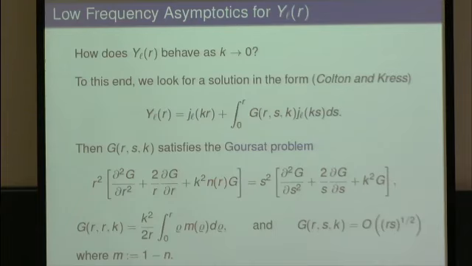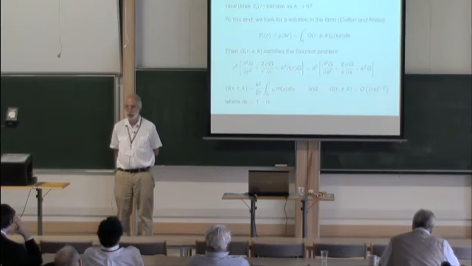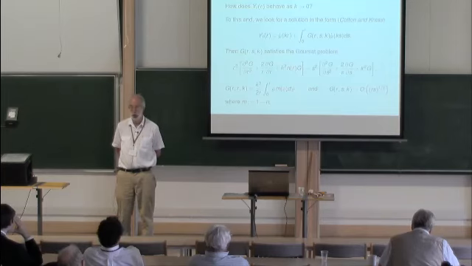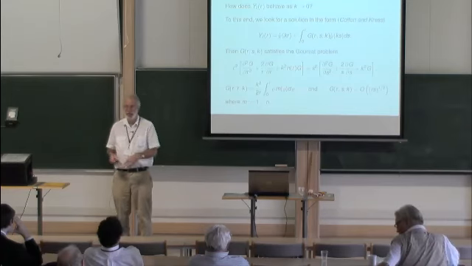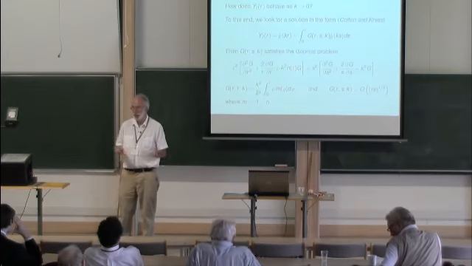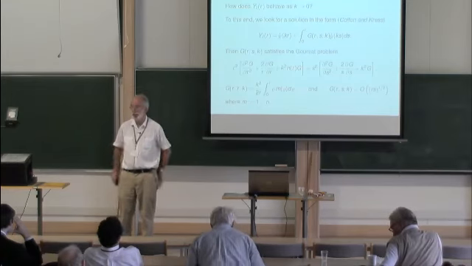To do this, we have to get some asymptotics for these y_l of r as k tends to 0. And this is a problem here, because for those of you who use asymptotics, it's not trivial, if you're given a solution of an ordinary differential equation with given initial conditions, to find the asymptotic behavior for k at infinity and k equals 0 both. I mean, that means you essentially know everything about it, just about. So usually you can get one, but it's hard to get the other. Quite different methods are usually involved.